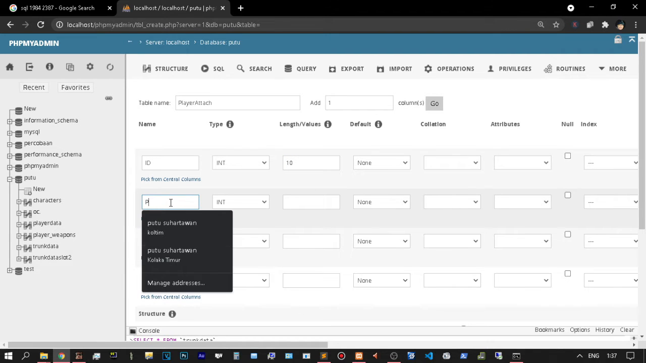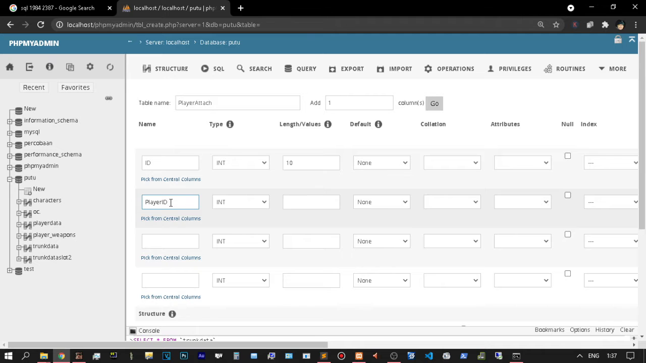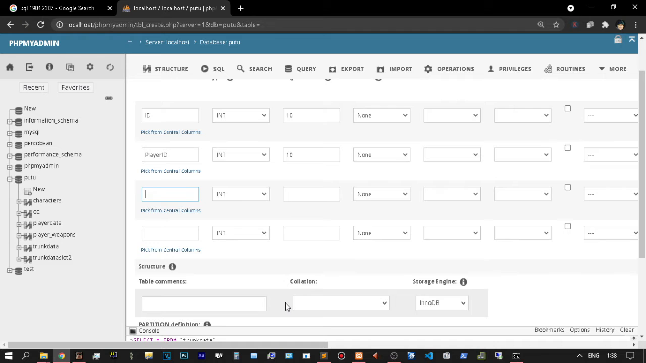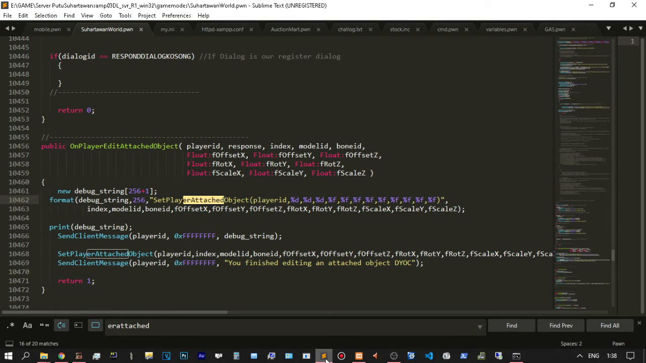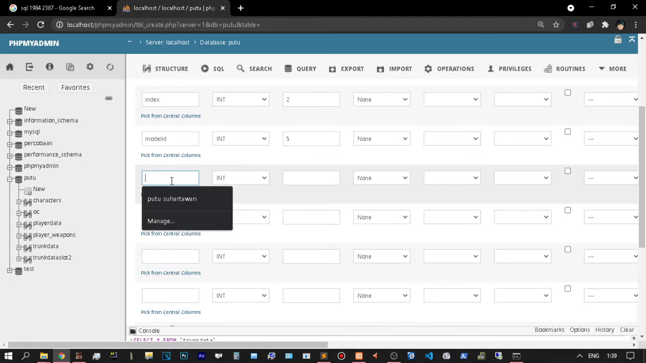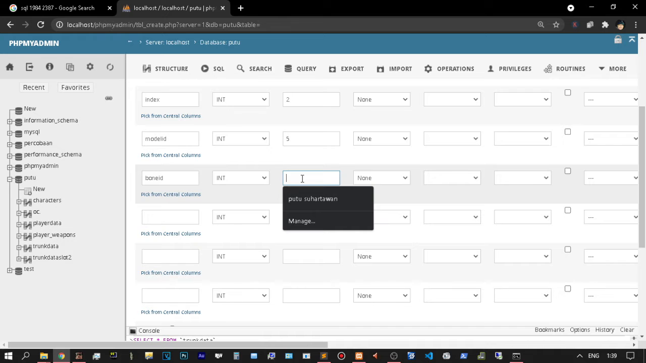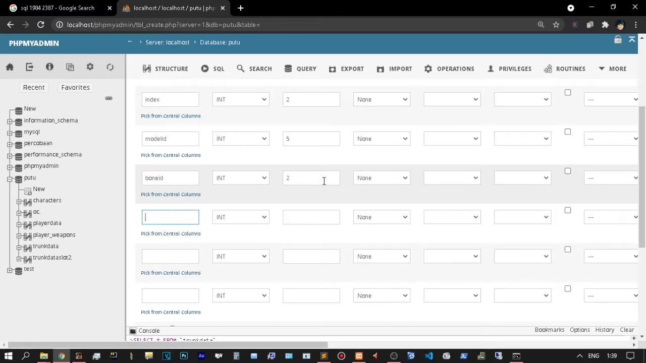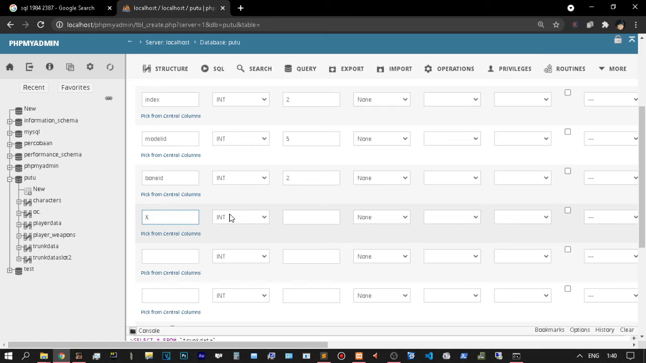and player ID, index, yeah, index, and I think index is a variable integer, bound ID is integer too. You can give it coordinate x, y, z. Okay. About the coordinate is float type data, you can change to float,